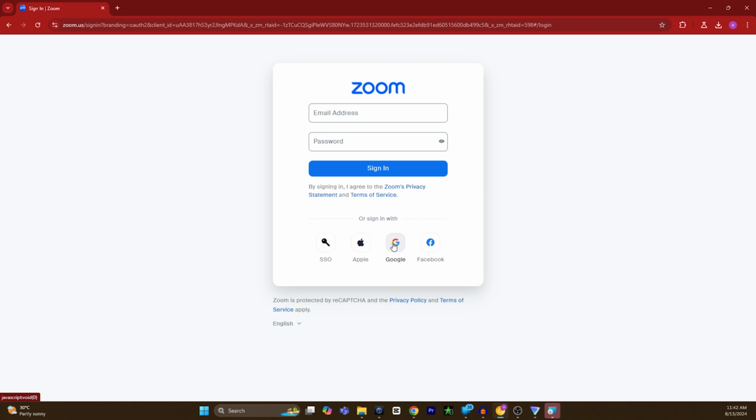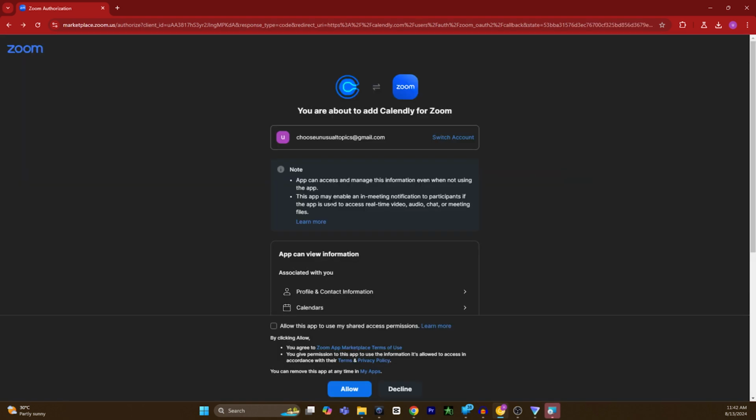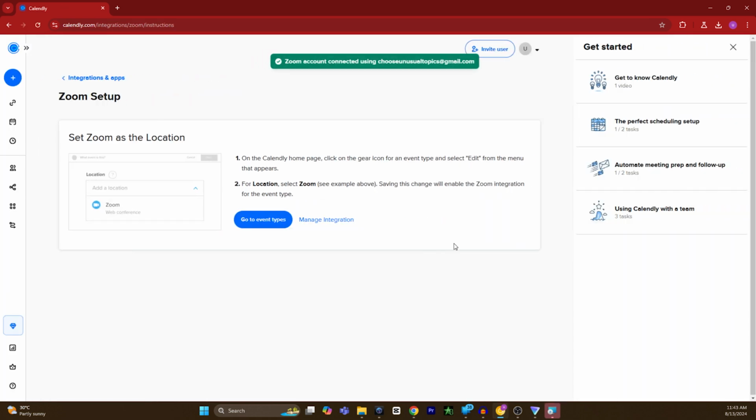From here I have to sign into Zoom with my account. Once I've signed in, it will show me this page. From here I have to select allow this app to use my shared access permission and then click on allow. And then you can see your Zoom account has been connected to Calendly, and that's how to